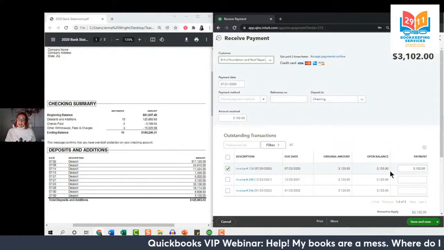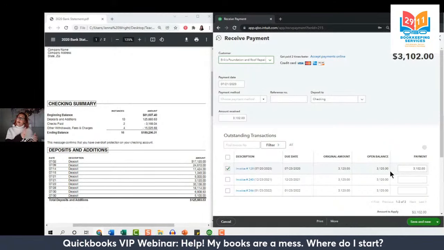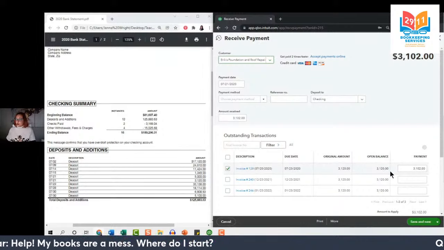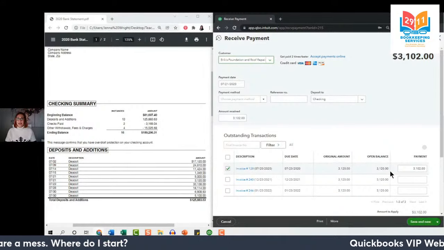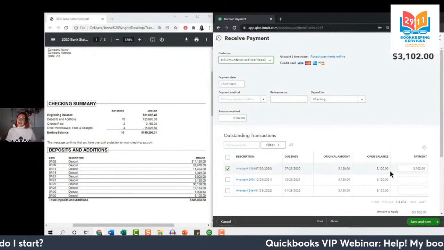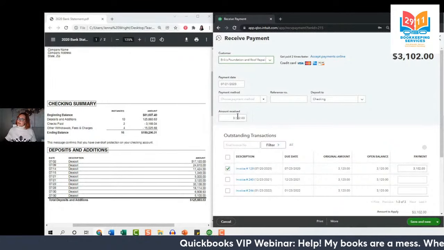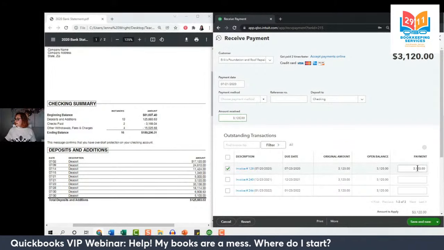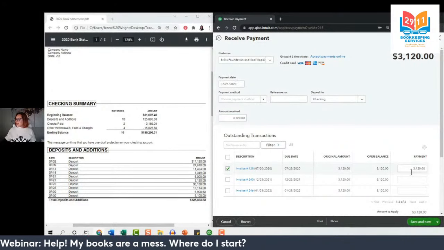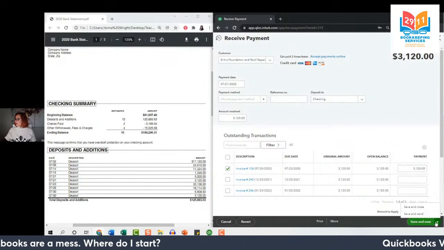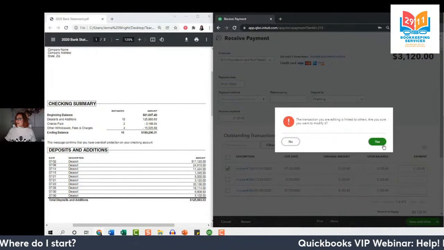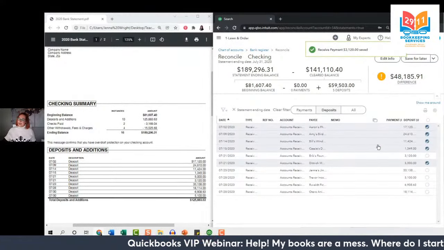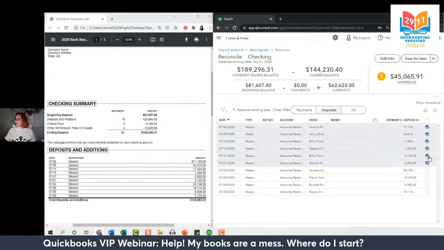It happens to all of us. This is the point where you want to go back in your real world records, find that payment that the customer made to you to prove this is in fact a typo. I do that, and yes, I just transposed 2 numbers. So we're going to fix it up here in the amount received. Let's just flip the 2 and the 0 and do the same thing down here in the payment column. There we go. It actually changed on its own. And now we can go ahead and select Save and Close. Yes, it's okay that we're changing this because it was my mistake to begin with. And now we can go ahead and reconcile it.